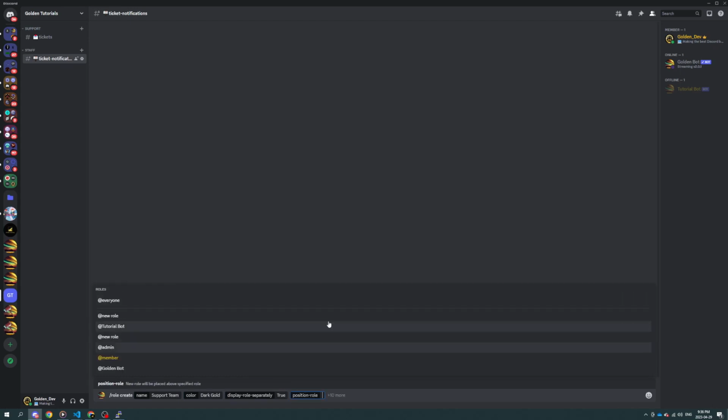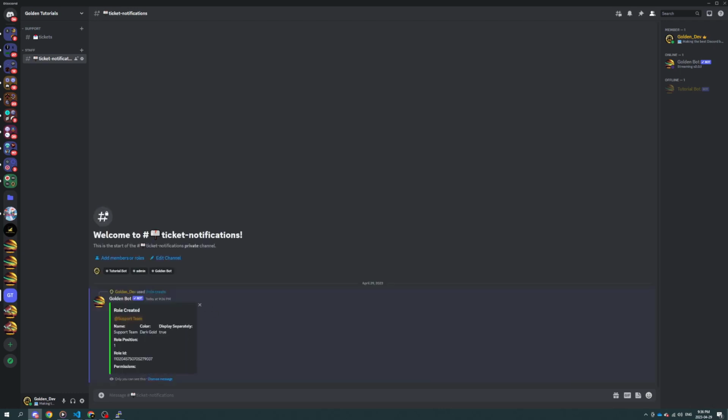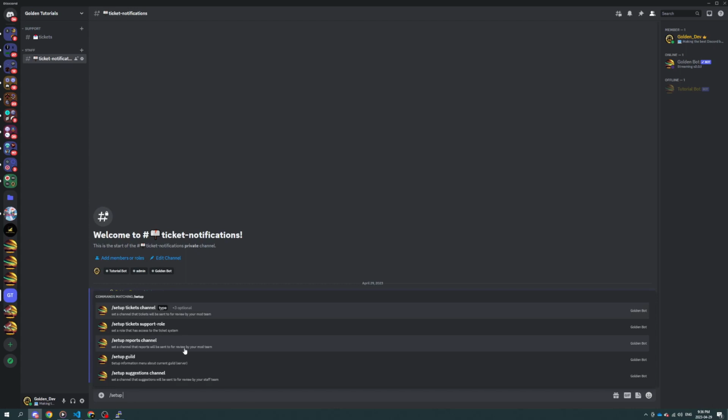We're going to put the position of the role. So whatever role you select, it's going to be just above that. Everyone is the lowest role on the list by default, so I'm just going to select everyone. Now the support role doesn't need any fancy permissions. It's getting all of its permissions per channel from the bot, so you don't need to configure anything like that. But now we go ahead and do that, and now we can do /setup tickets